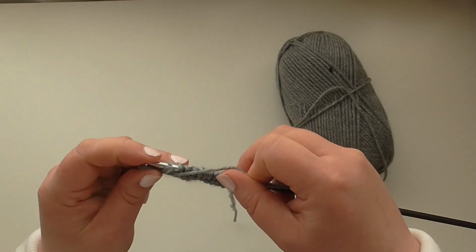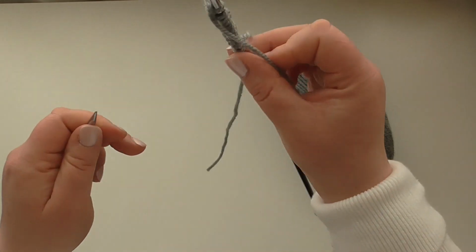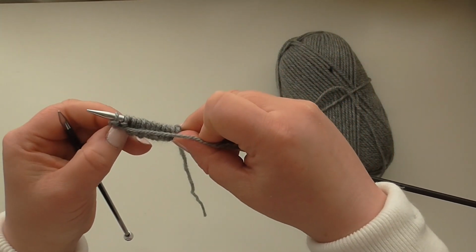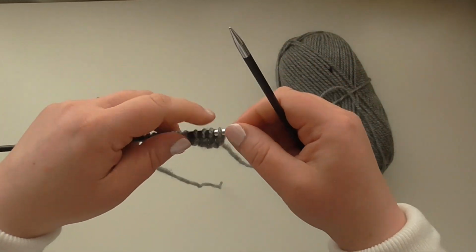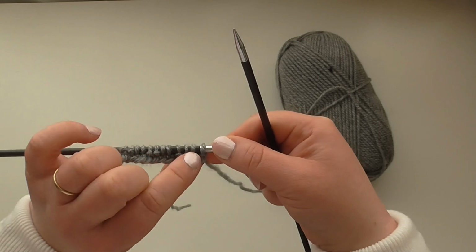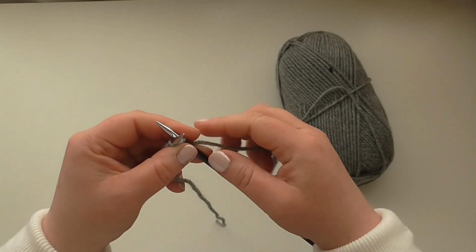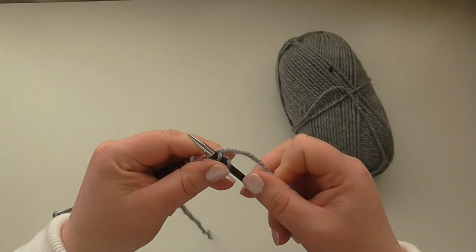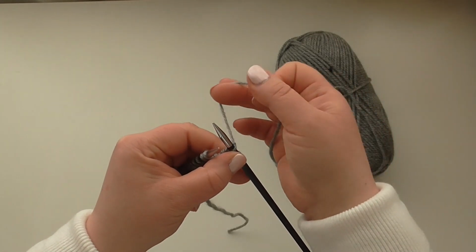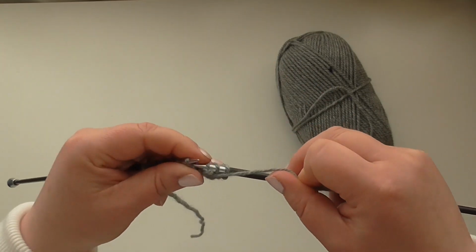Oops. You turn your work, so you ended on purl stitch, 2 purls, so when you turn round you'll start on 2 knit stitches. So you go from the back of the work to the front, do your purl stitches,